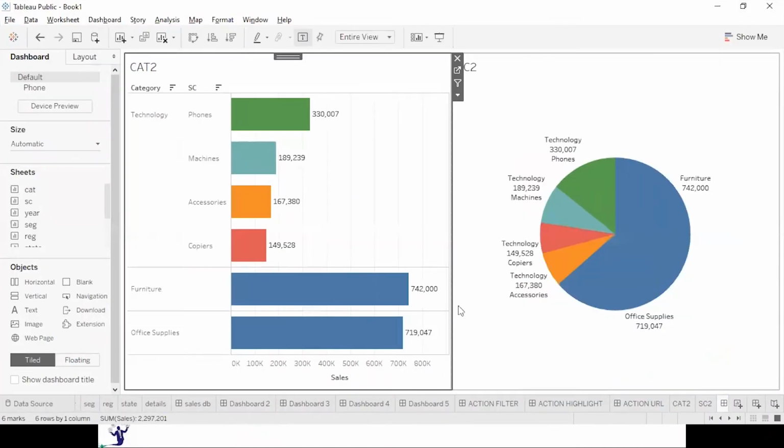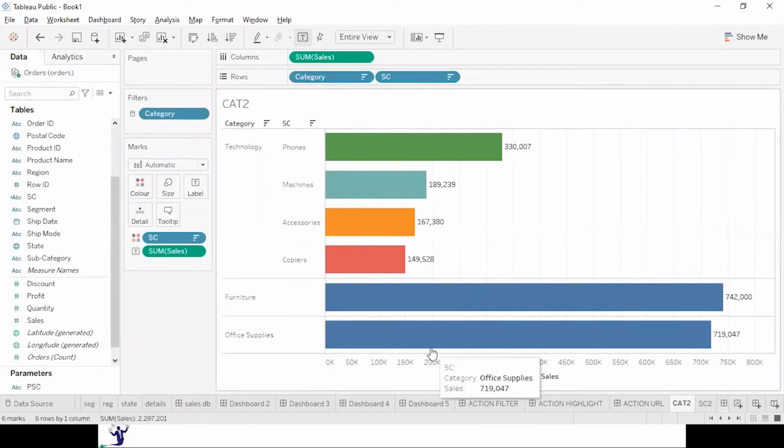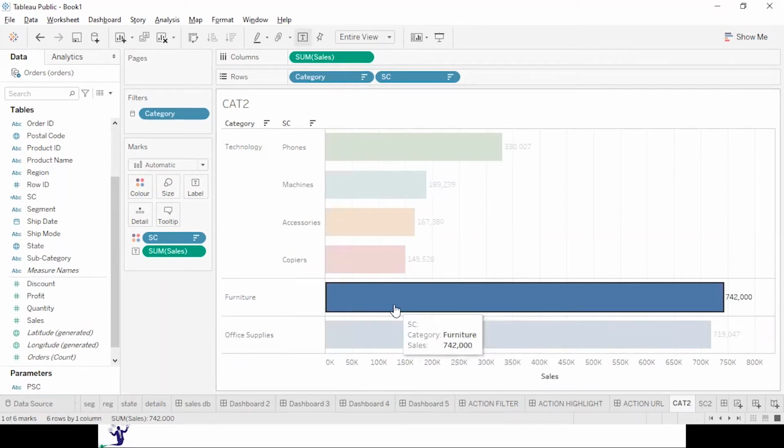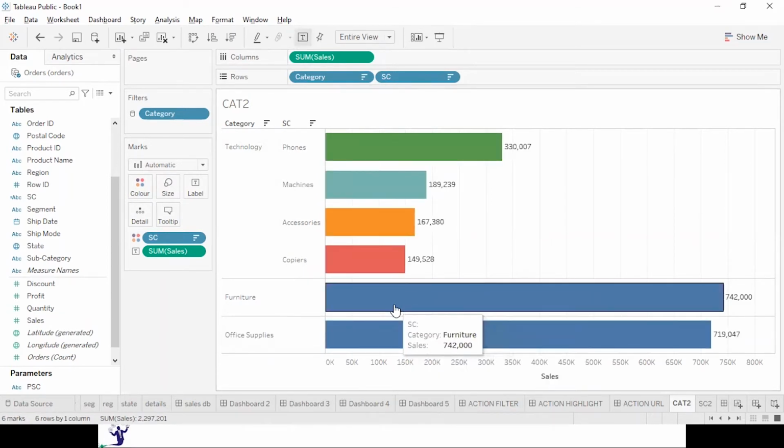For example, let me go to this category 2 and put the subcategory into the details. What happened?